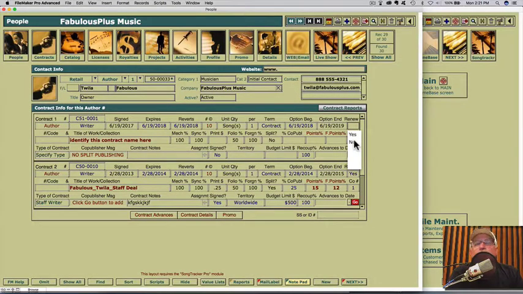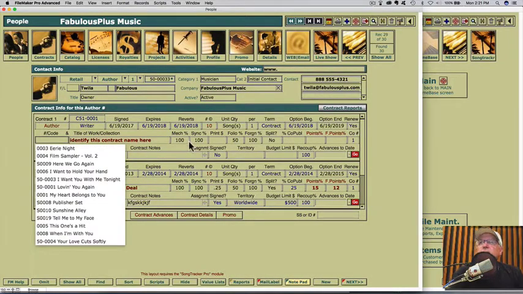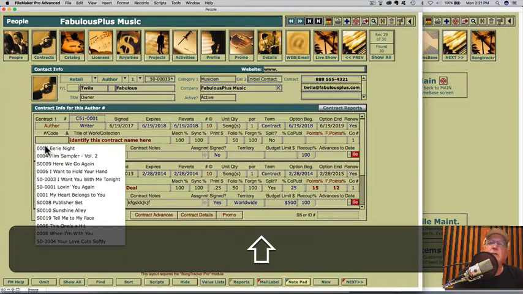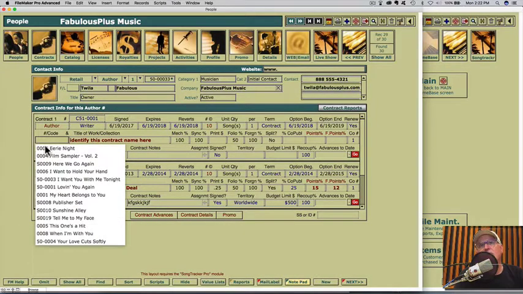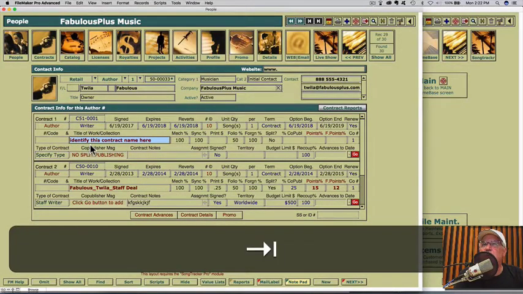Now this is, are you thinking of renewing with this person, Twyla? And if you don't know for sure, better just to click yes. And now it automatically goes to the next field, which is a list of songs. Now, if you've already entered the song in the catalog file, it would appear here. If not, you'd need to go over and do that at some point if it's a per song contract that you're entering. Otherwise, just ignore this field and skip it, and let's go to the next one,